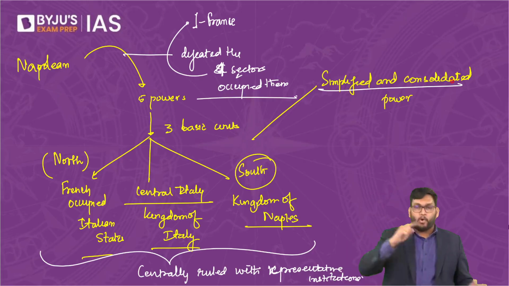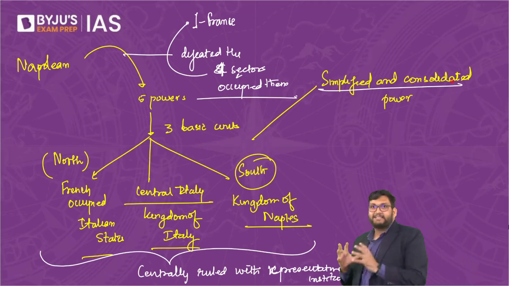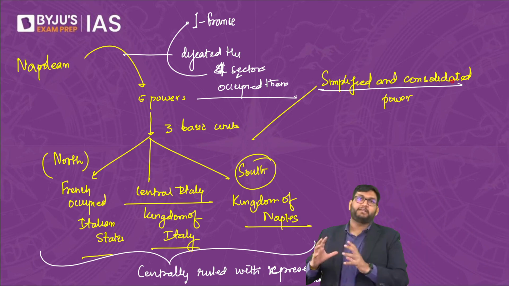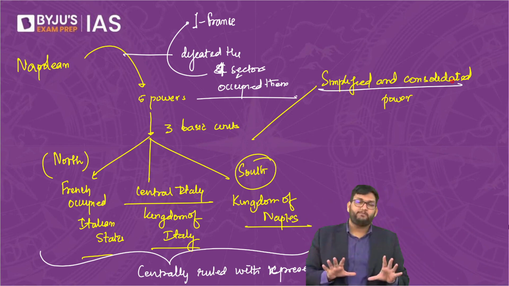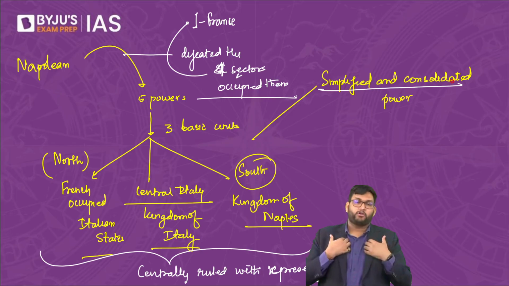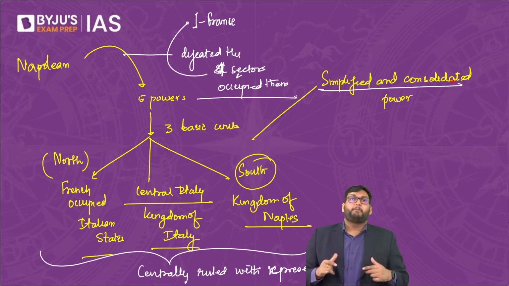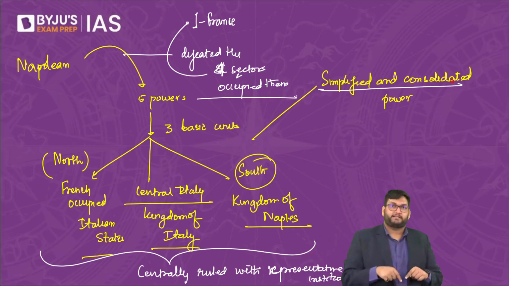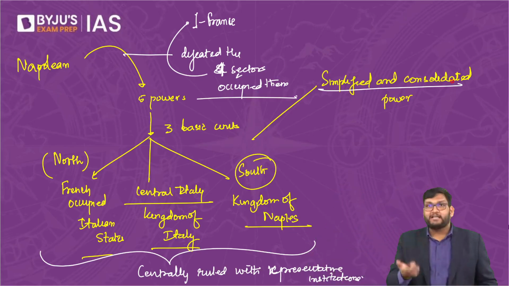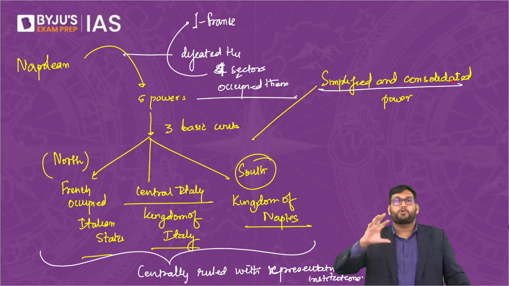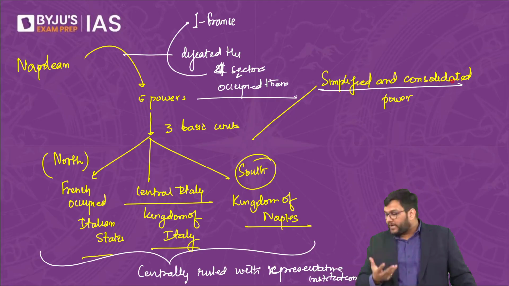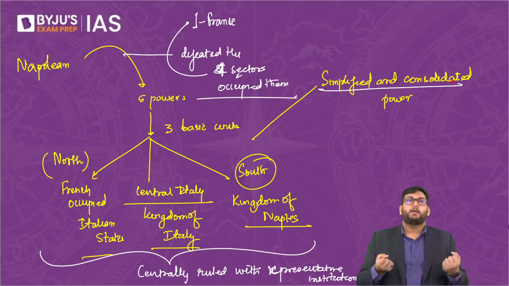Now, what Napoleon has done, as he did in Germany, is to simplify this whole system. One is what I occupy, the other one is central Italy, the other one is southern Italy. But all of it is ruled by Napoleon himself. But what Napoleon did, whilst occupying these areas, was for the first time show the Italians what it